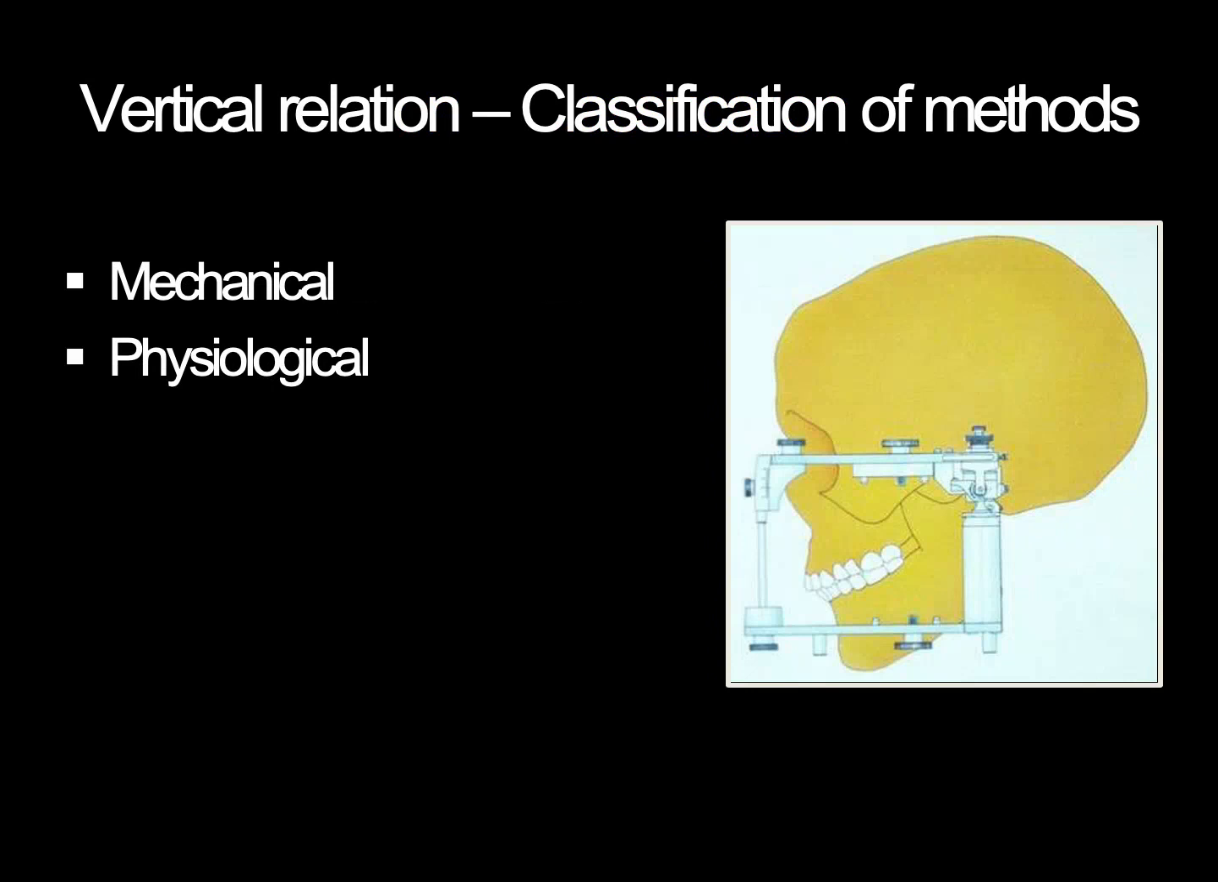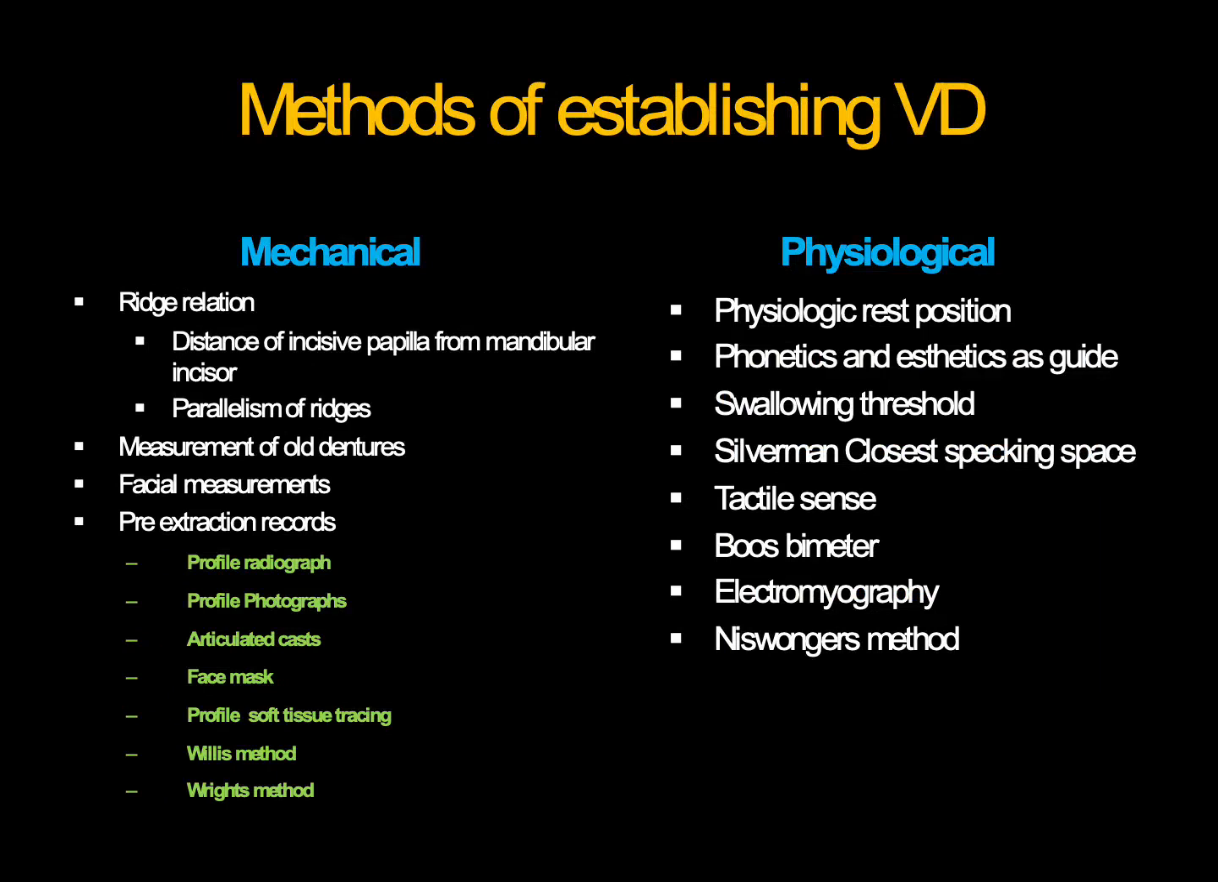Vertical relation is classified based on the mechanical methods and physiological methods of recording. Coming on to the various methods used for establishment of vertical dimension, under mechanical methods we have ridge relation, measurement of old dentures, facial measurements and pre-extraction records. Under physiologic methods we have physiologic rest position, phonetics, aesthetics, swallowing threshold, Silverman's closest speaking space, tactile sensation, electromyography and